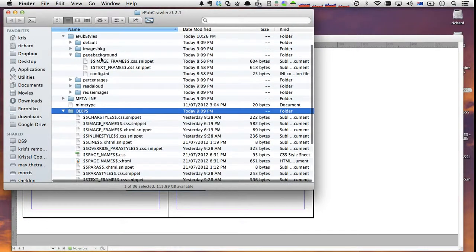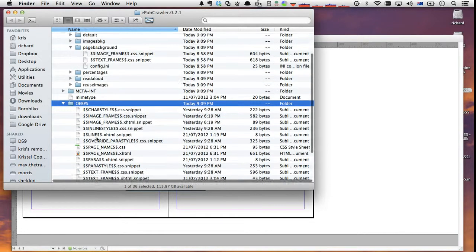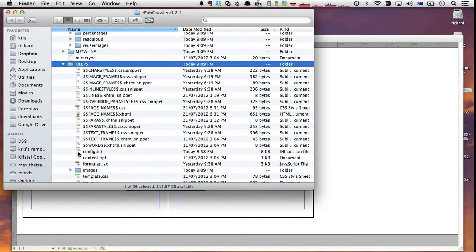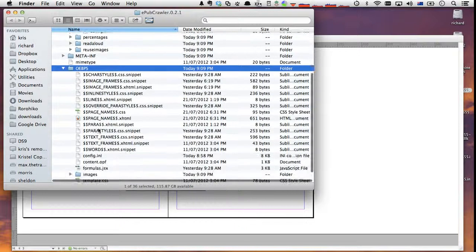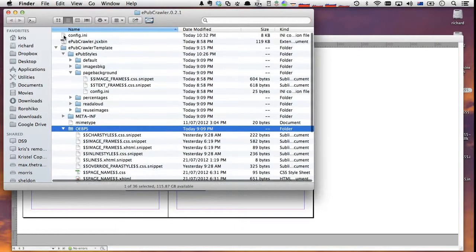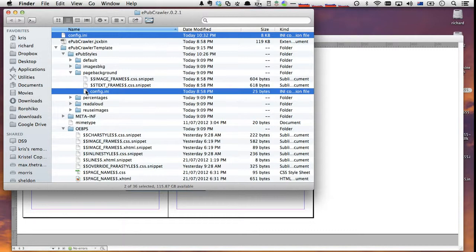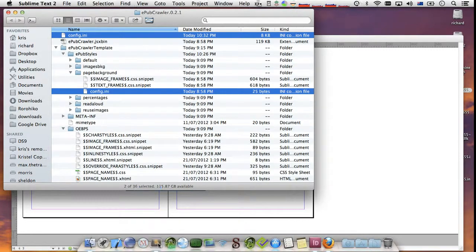Now the page background EPUB style actually overrides a little bit of information from that OEBPS folder. So in this case it's actually taking a slightly different tack to creating an image frame CSS and the text frame CSS. And the config.ini is also essentially an override of the config.ini in the OEBPS, or the config.ini here in the ePubCrawler folder. So what I'll do first is I'll open up those two config.inis so you see the